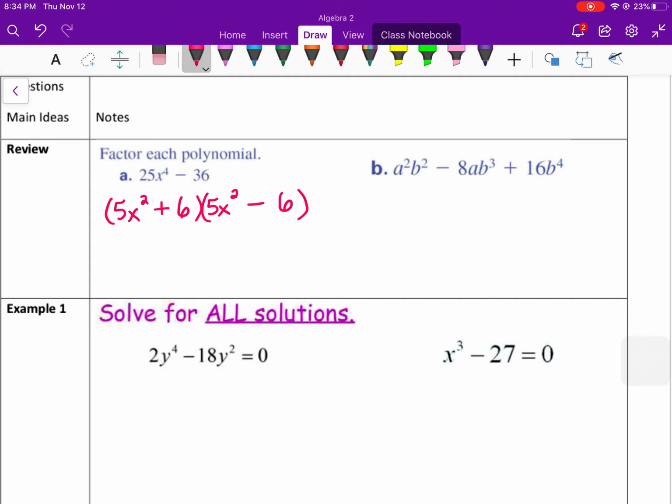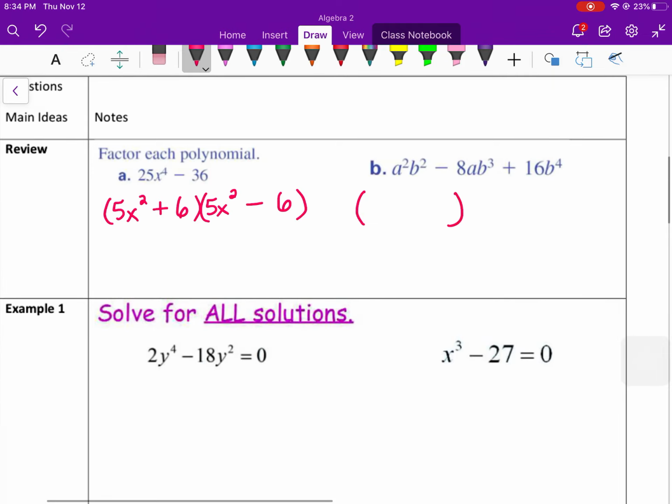Over here on B, it looks like it is possible that it is a perfect square trinomial. So let's try and see if we can get this to work out. Actually, it looks like each term has a b squared, so we're going to take that out first. And then dividing them all by a b squared, we're going to be left with a squared minus